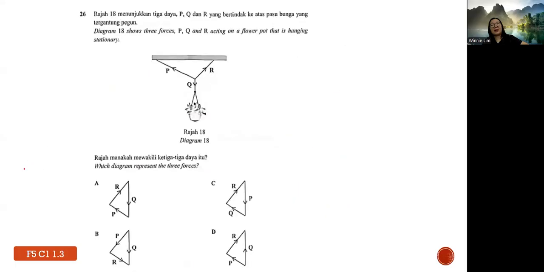26. Diagram 18 shows 3 forces P, Q, and R acting on a flower pot that is hanging stationary. So which diagram represents the three forces? I will tell students, you need to know the free body diagram under the topic of forces and motion 2 in Form 5. So Q is the tension caused by the weight downwards, and then you have R and also P. They want you to rearrange these 3 forces into a triangle. When you rearrange back into the triangle, you are not supposed to change the direction of the arrowhead and